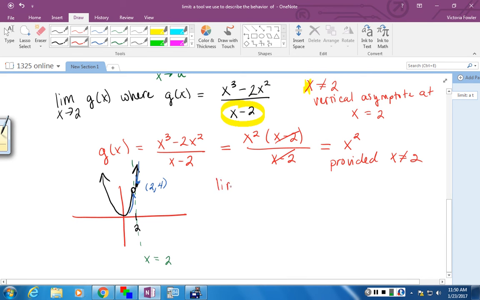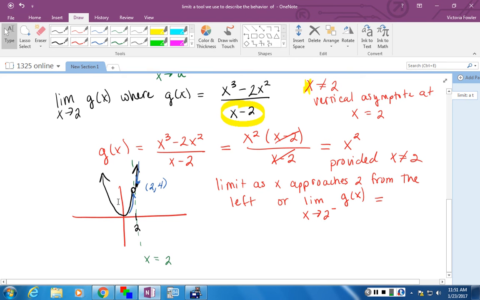So I'm actually going to introduce some notation here. That means to say that the limit as x approaches 2 from the left can be written as the limit as x approaches 2 from the left, that little minus sign is a superscript, of our function g of x, and we get really, really close to what y value? 4, so that's our left-hand limit,